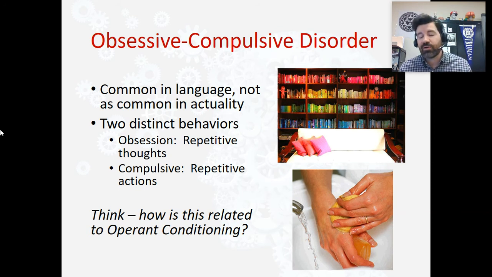OCD impacts around 1 to 1.2% of the population, slightly more common in women than it is in men. As far as when we tend to see this happen, well, someone can develop OCD at any point in their life. There are two time periods where it's most common. Early, like 10 to 12 years old or so, is a common time for people to experience symptoms of OCD. And then again in late teens, so we're talking 17, 18, 19 years old. But really, it can happen at any point in time.